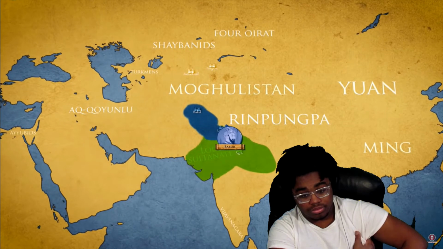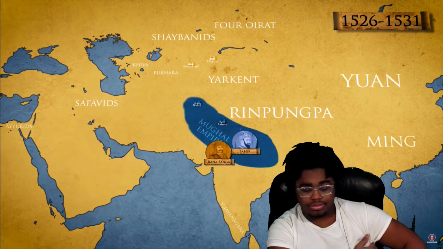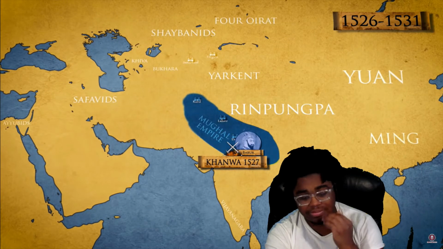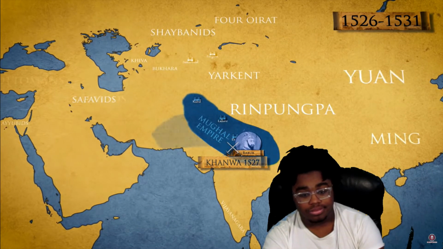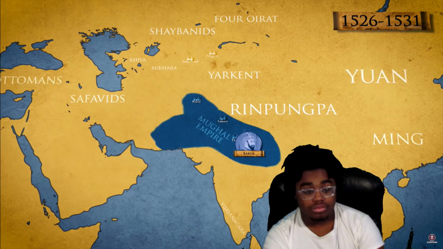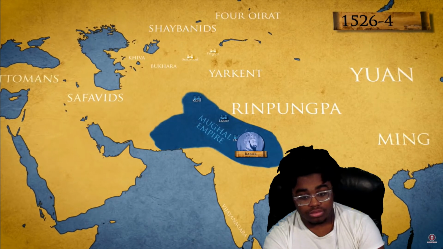Delhi was now under Babur's control, and in 1527 he scored another impressive victory against the local Rajput Confederation at Kanwar. This success once again showed the dominance of the Mughals' weaponry and tactics. Most of northern India was now part of Babur's domain, but his death in 1531 stopped the consolidation process.